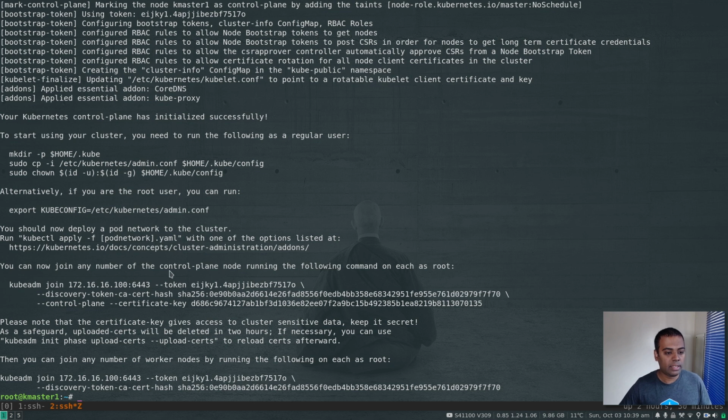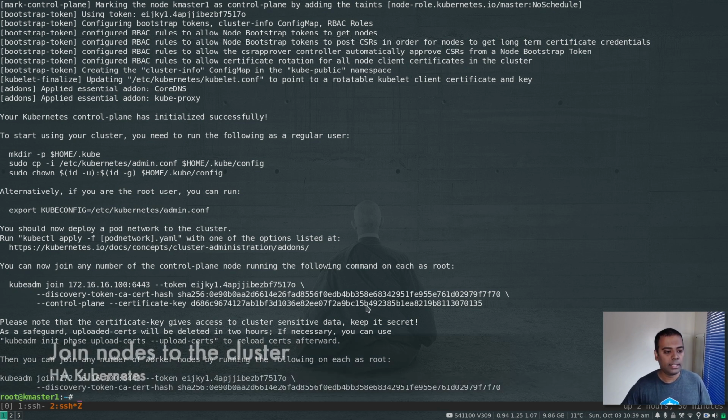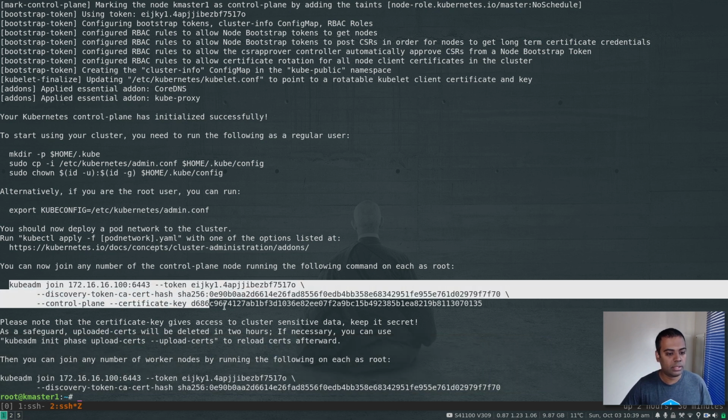You can join any number of control plane nodes, the master nodes, by just running this kubeadm join command as the root user. And further down, you also have the command that you need to run on the worker node to join the worker node to the cluster. So let's first join our master nodes. Okay, so I'm going to copy this command,